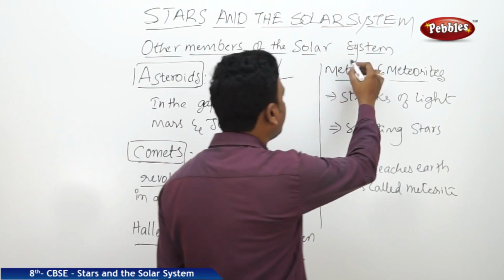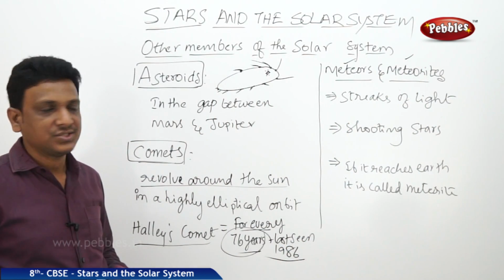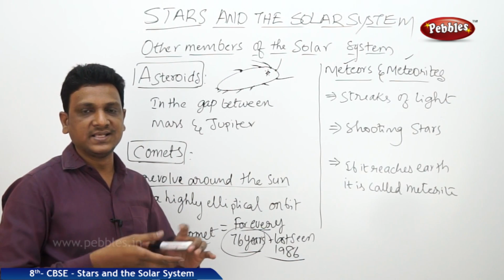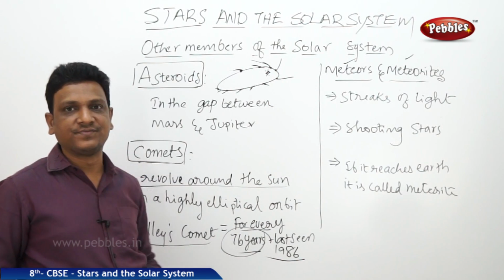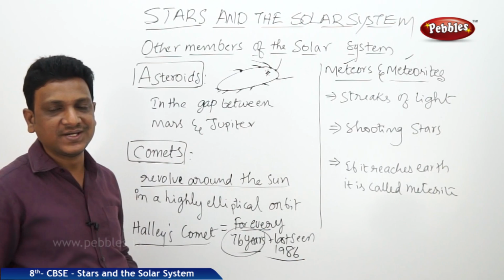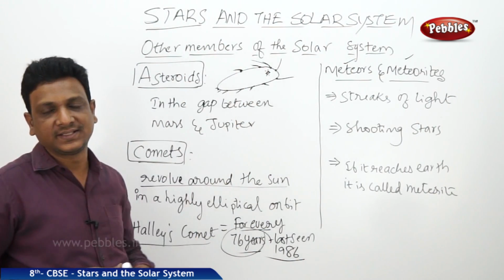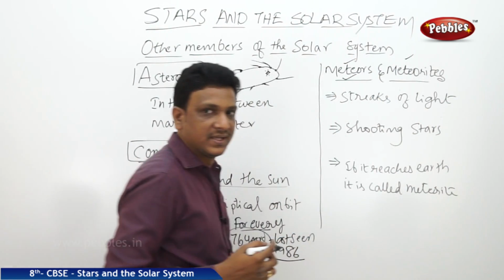The other things are meteors and meteorites. What are these meteors and meteorites? These are also rocky objects found in the solar system. Sometimes they enter the Earth's atmosphere. Due to the gravity of the Earth, they are pulled towards the Earth. It is like a huge boulder of rock falling on the Earth. But here, the meteors, when they enter the